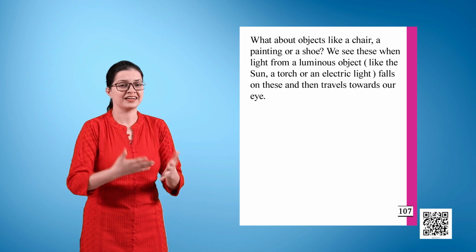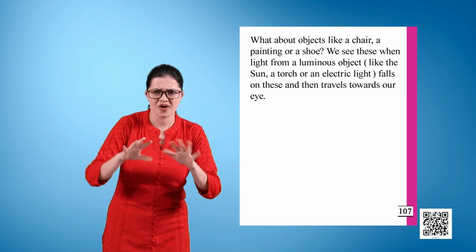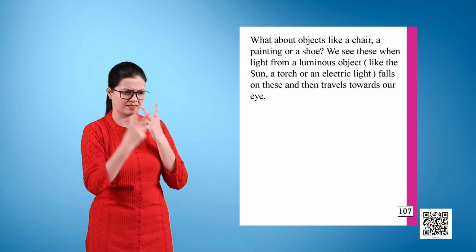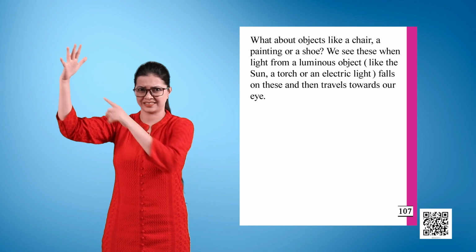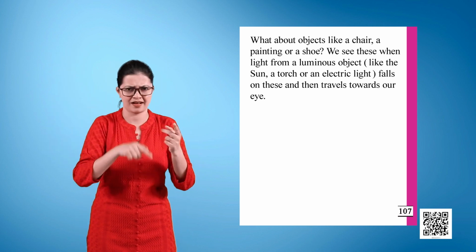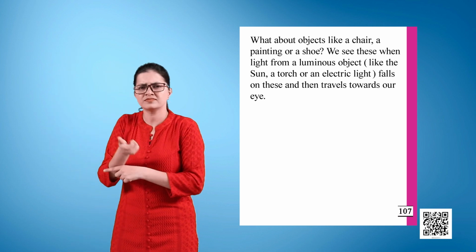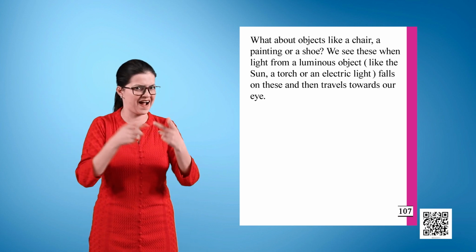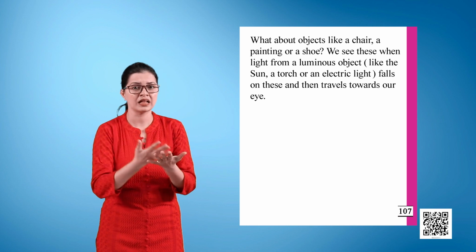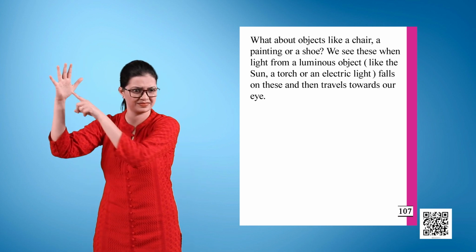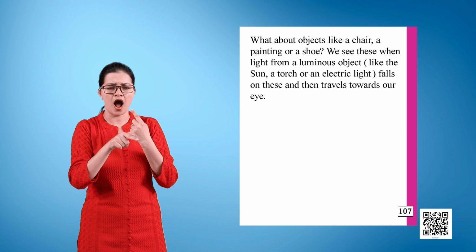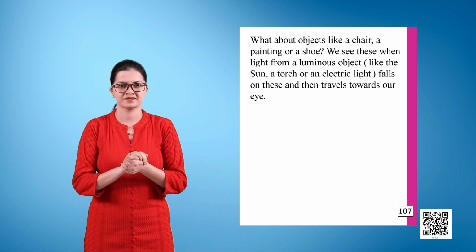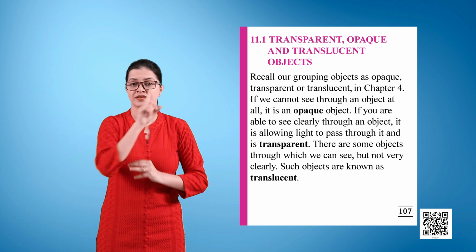What about objects like a chair, a painting, or a shoe? We see these when light from a luminous object like the sun, a torch, or an electric light falls on these and then travels towards our eye. (11.1)